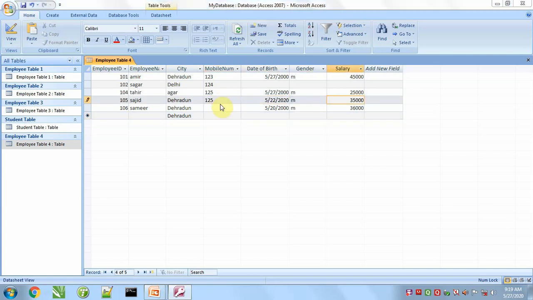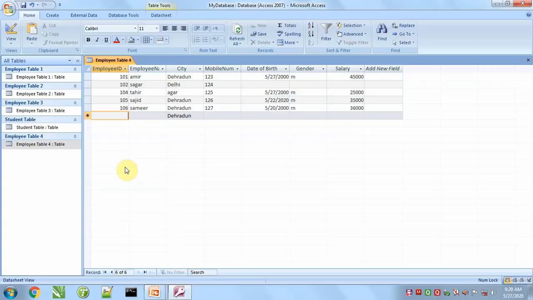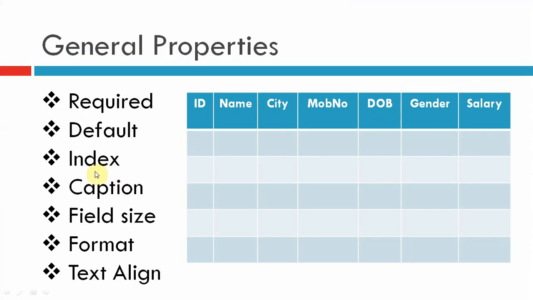If we enter a duplicate value, then it will raise an error. But we can leave it blank, it is possible. So index makes a column take unique values.